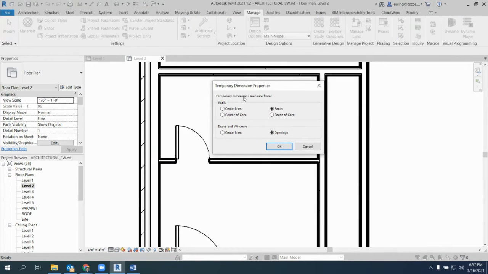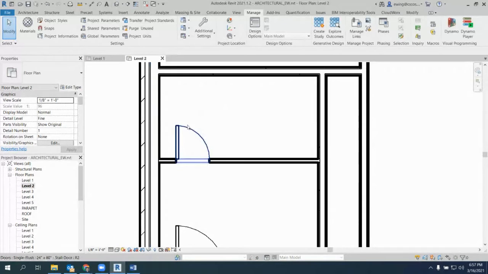Now, in our temporary dimensions, our walls want to go off the faces. Our doors and windows want to go from openings, which I wish doors and windows were broken down, because windows you do lay out to the center line of the window, and doors use a layout to the openings, but it's one or none, so doors and windows want to be openings. Now if you click OK, and you go back,